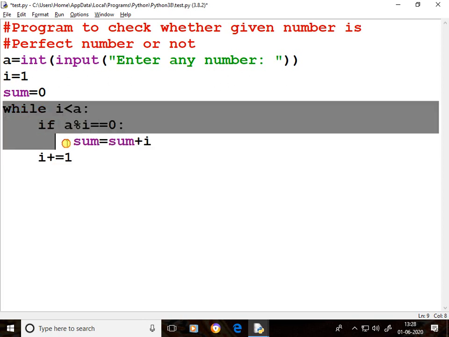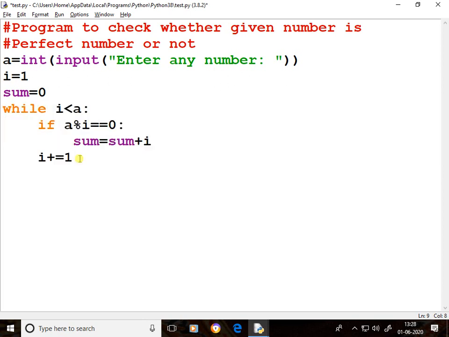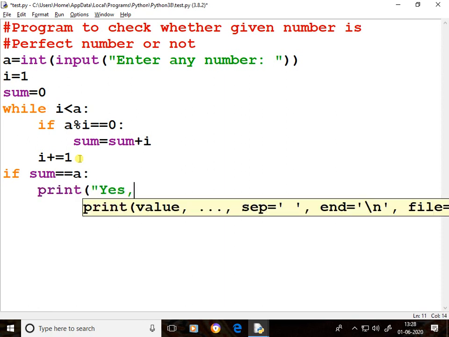After termination of the while loop, if sum is equal to the given number, then it is a perfect number. So print, yes, given number is perfect number.